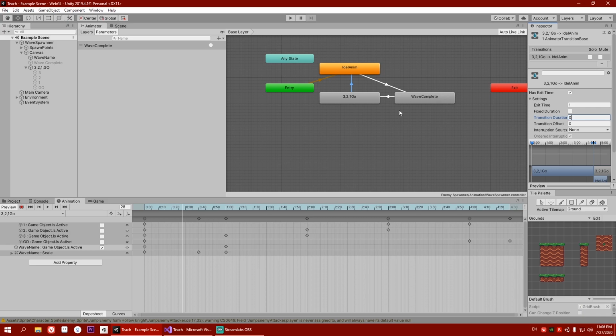And now our animation is done. So what will happen when you're idle, once you kill all of the enemy, it will say wave complete, then wave complete turns off, and 3, 2, 1, go. Now finally what we will do is in here, in our 3, 2, 1, go, at the last point,